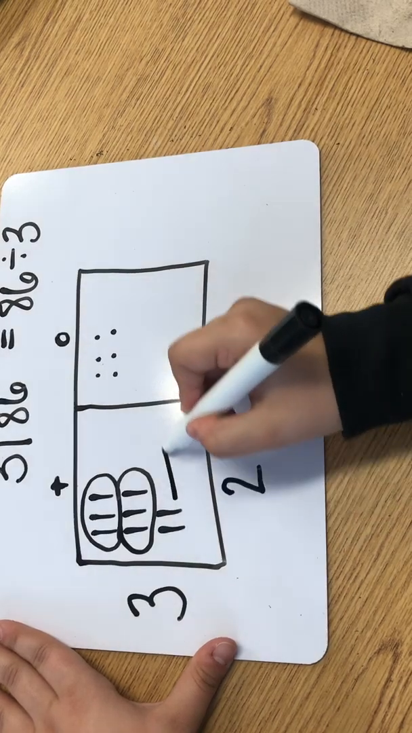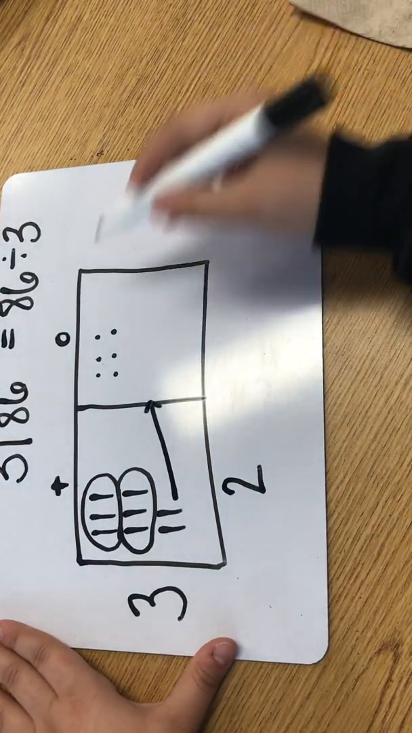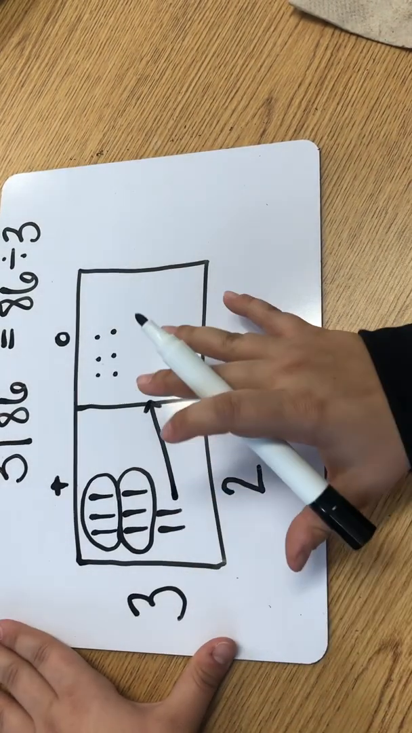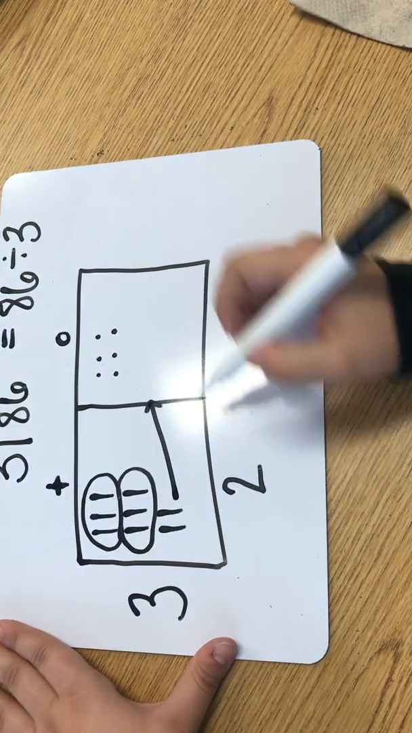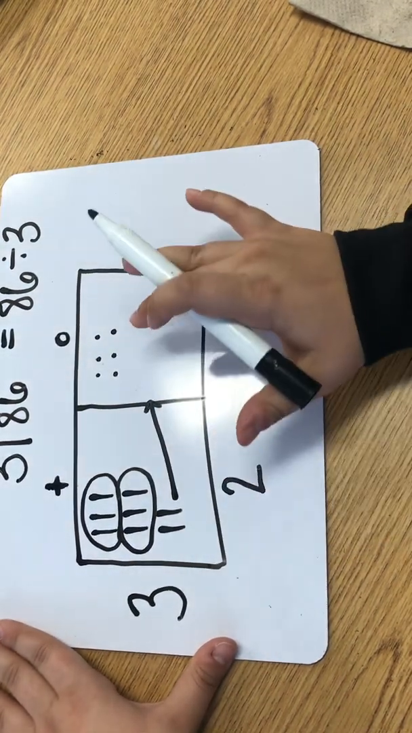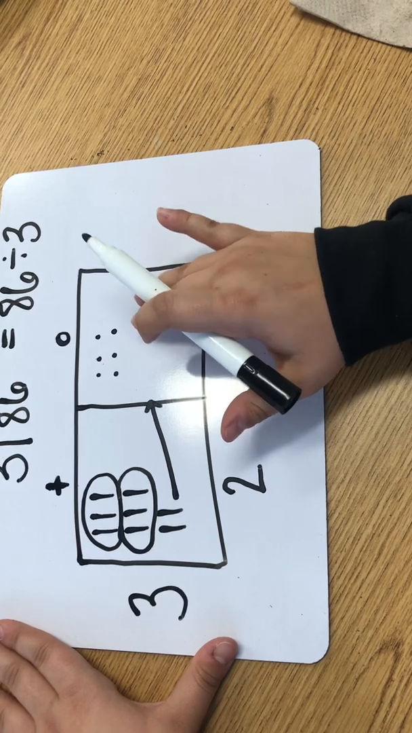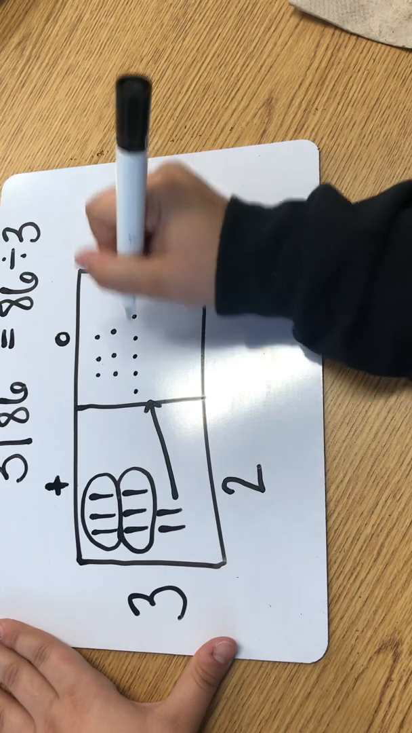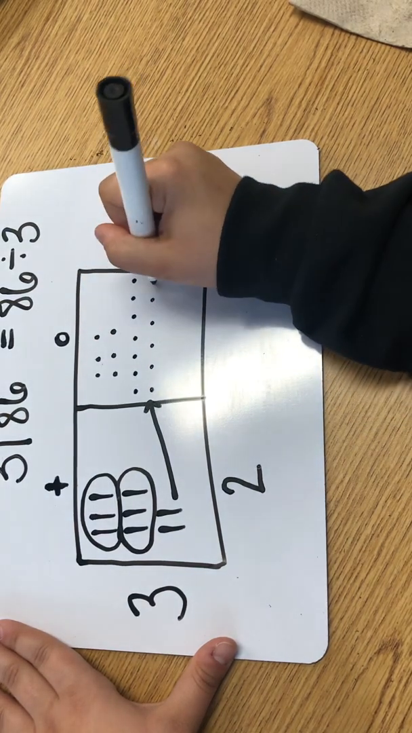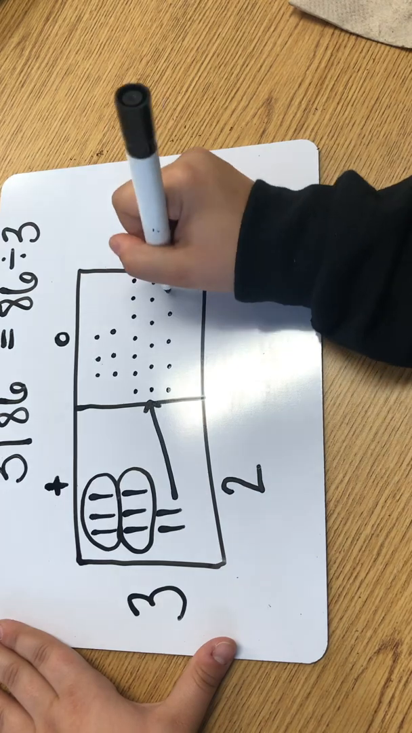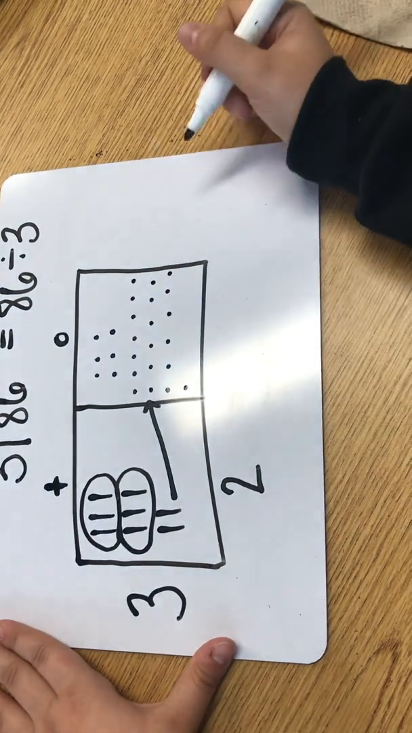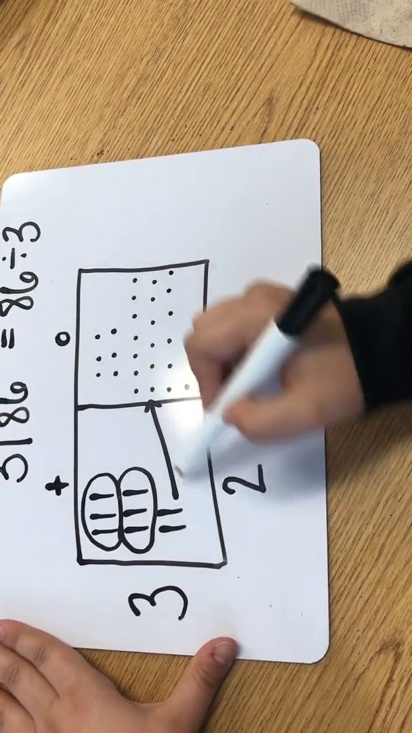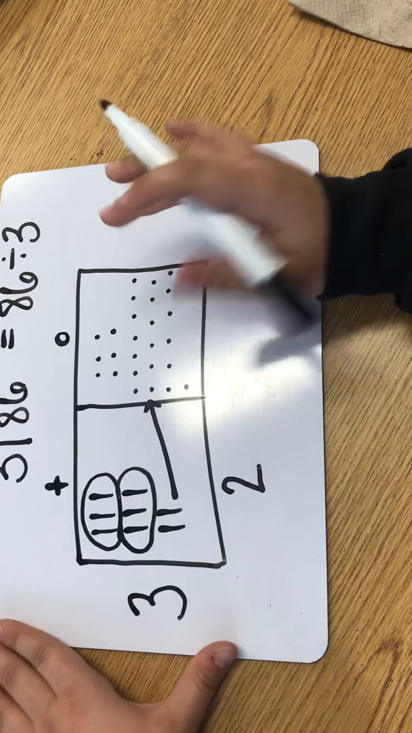I have to regroup these over to my 1s place though. And because each of these rods is equal to 10 1s, because remember this is my 10s place, I have to move 20, I have to put 20 in this box. So 1, 2, 3, 4, 5, 6, 7, 8, 9, 10, 11, 12, 13, 14, 15, 16, 17, 18, 19, 20. Okay, so now that I've regrouped my 2 10s into 20 1s,